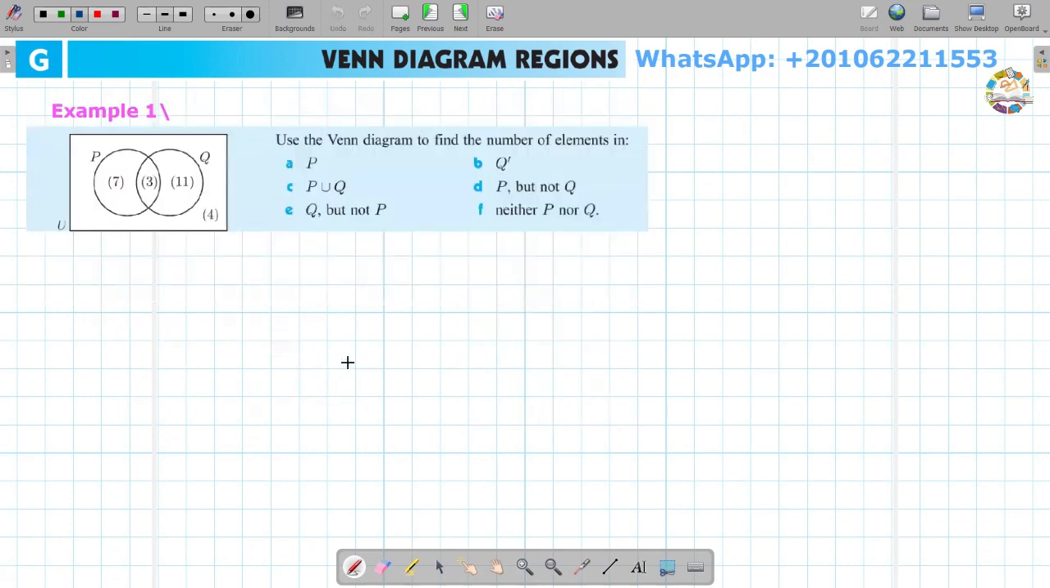Let's move further and talk about the first example, which is the critical one. Here we have a Venn diagram, and here we have the elements between P and Q, and we have the universal set here, and here we have 3 common between these 2 sets and 11 belonging to just the Q set, except P, and P consists of 7 and 3, by the way, but this region is represented by set P without Q. Then in this scenario, we are asked to use the Venn diagram to find the number of elements